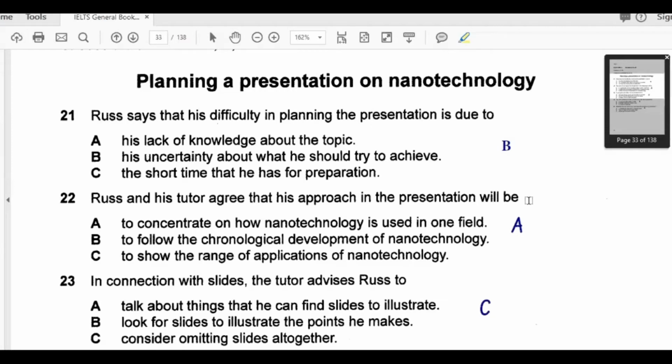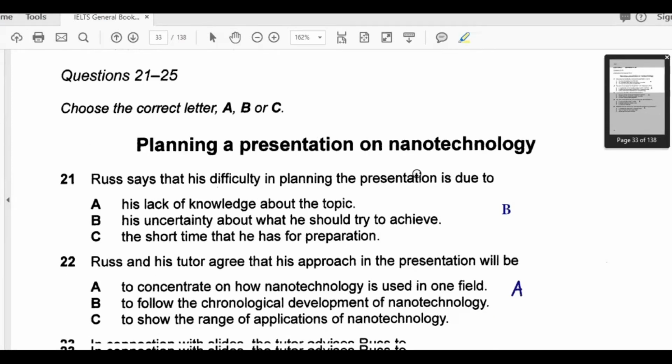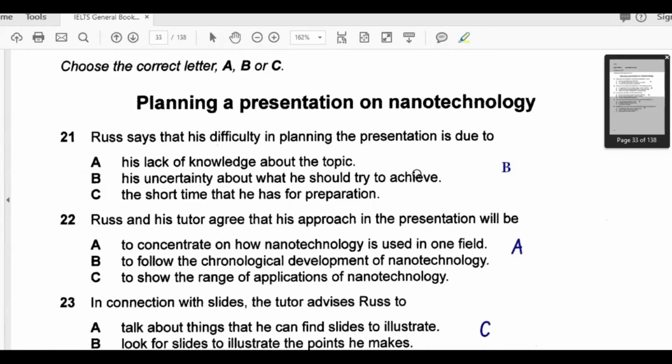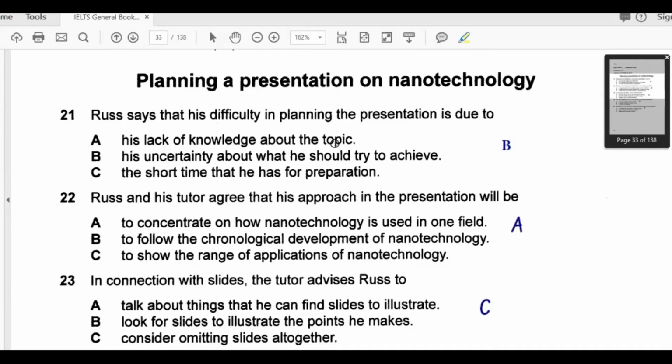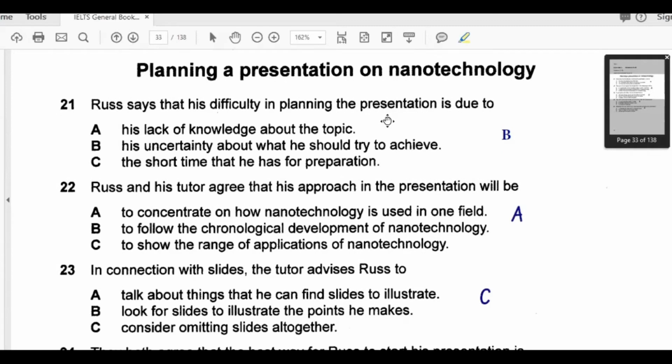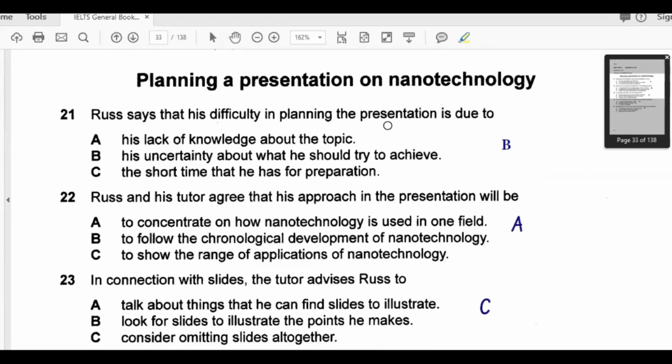Now this is part 3 of the test, and we again have multiple choice questions, and this has been the trend in many of the recent papers as well, that section 3 or part 3 is multiple choice questions. These again can be challenging for students because the information is now academic, kind of technical as well, and you have a lot of information to explore, so it's easier to lose track, and it can be sometimes difficult to get hold of the correct answer that you need to look out for. But exercises like these can really help you, and I hope this one is useful for you as well.